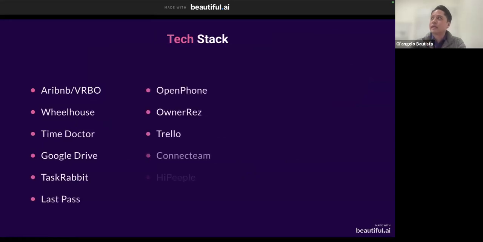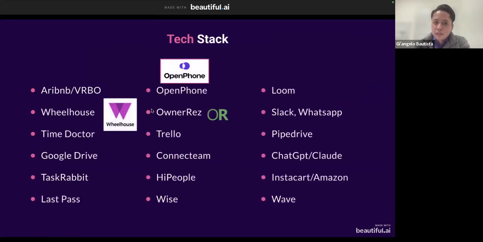Okay, so here's our tech stack. These are all the apps that we've used. Airbnb and VRBO obviously are the OTAs. Wheelhouse is a revenue manager. You could also use, what's the other one? PriceLabs. PriceLabs is cheaper, but Wheelhouse is a lot better. Time Doctor is very important so that you're able to track your VAs. You could also use Time Tracker, which is free. Time Doctor is like $10 to $15 per month, I think,